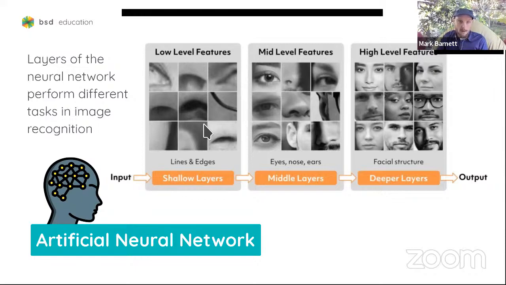So when we're looking at facial information, the first thing it'll do is it'll start to look at low-level features, which are edges, lines, and contours. Then it starts to look at, kind of at the next layer, what are the shapes: eyes, nose, ear, mustache, that kind of stuff. And then finally, putting it all together, what is the overall facial structure? And then that is used to give us the final output.